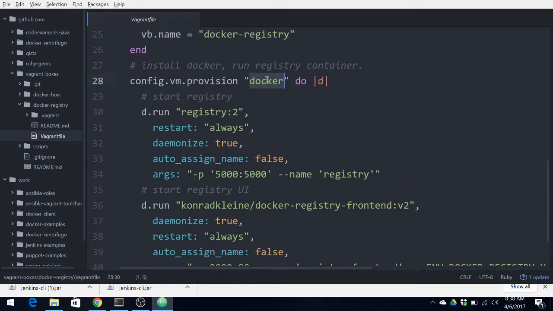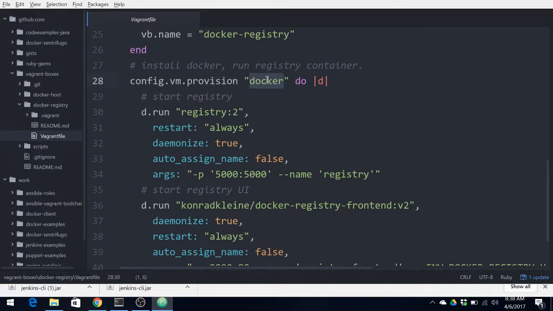We are provisioning the Vagrant box using Docker, and the act of provisioning is basically to install the relevant applications and start them, or to perform certain configuration actions. In our case, the applications are themselves Docker containers.